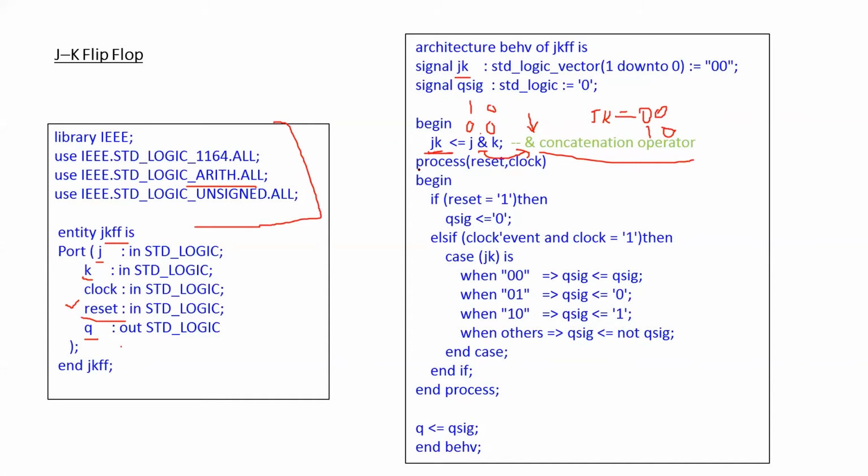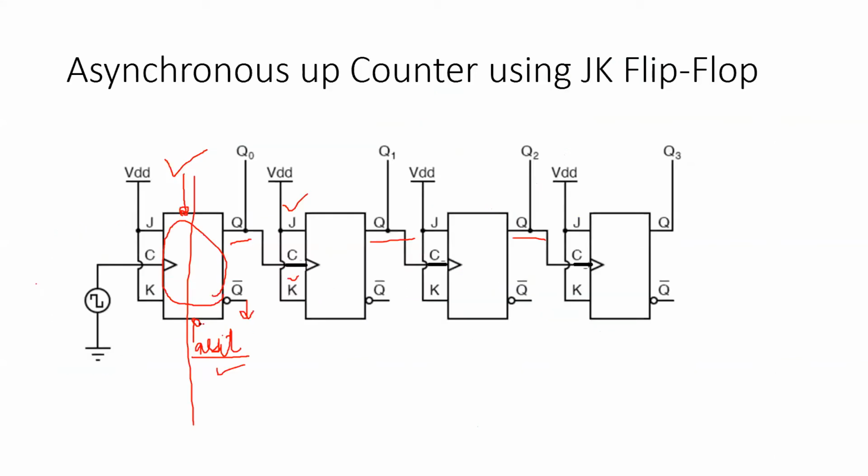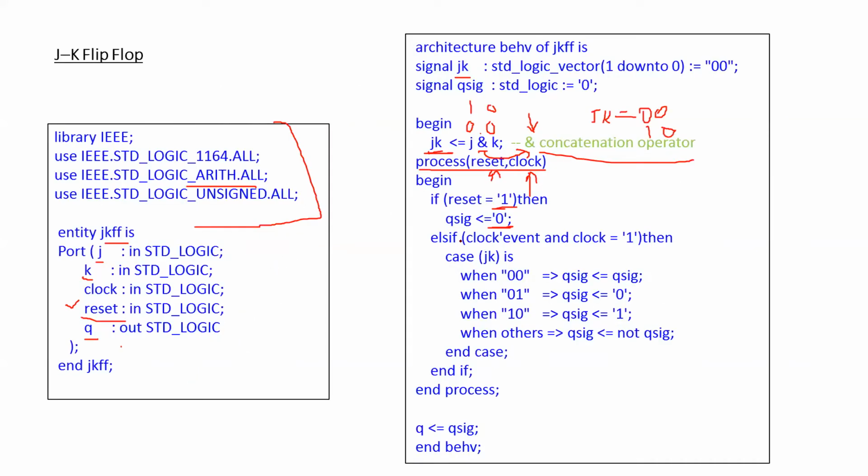Next, I have created a process, and in that process I have written reset and then clock. With a begin statement, I have written if reset value is 1, then q signal value is 0. You can see I have created a negative edge, but it is mentioning that it is a positive edge. So whenever the value of reset is 1, the value of q signal will be 0. I have simply created q signal value 0 when we have a reset of 1.